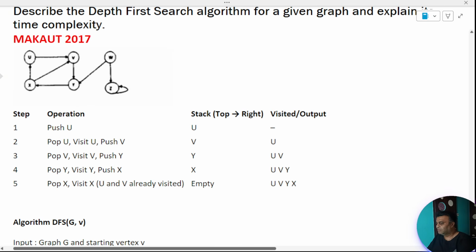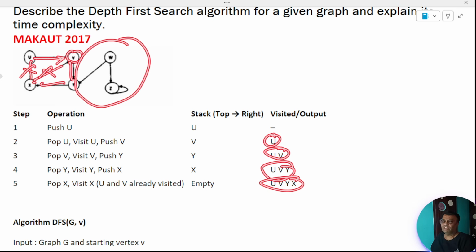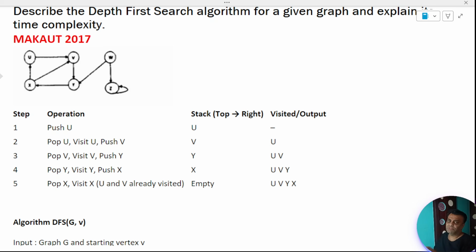Now if you see this graph, let me blow this up a bit. This graph says that I am at u, so I will push u into the stack. From u, where can I go? We are talking depth first search, so we will go till we don't get any further neighbors, any further adjacency list. From u, I will go to v. From v, I will go to y, and from y, I will go to x. And from x, I only can go to my visited nodes, so these are not going to be taken. This side of the graph is disconnected as far as this depth first search is concerned.